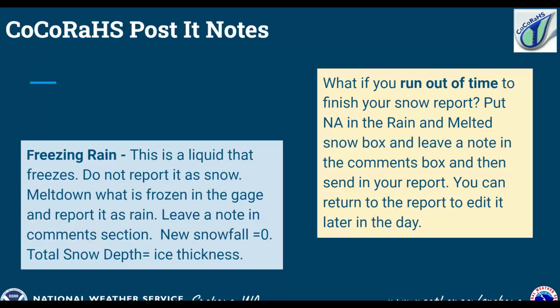But when you fill in your report, you put in the liquid equivalent, but new snow is actually a 0. But for total snow depth, you can include the thickness of the ice on the ground. Yeah, it's a little confusing, but keep in mind it's not snowfall, but snow depth includes the ice thickness.